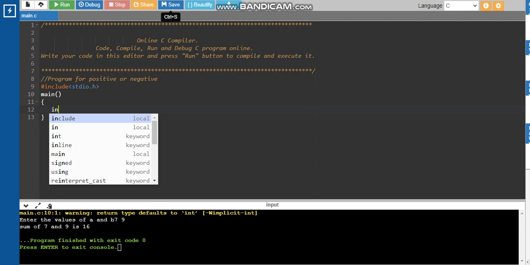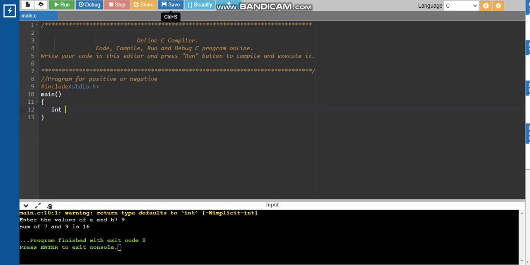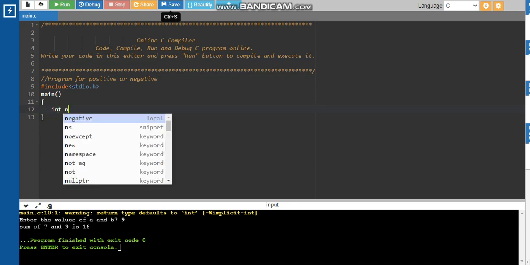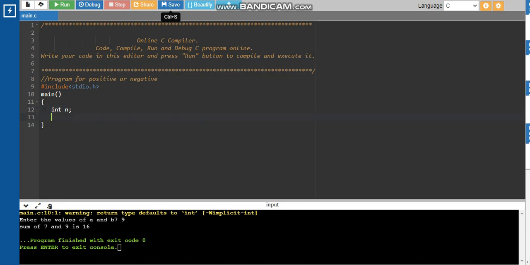So here I want to read one number. So int n is a number which I want to check whether it is a positive or negative number. Let us prompt the user: printf, enter the number, then a semicolon at the end, then scanf.